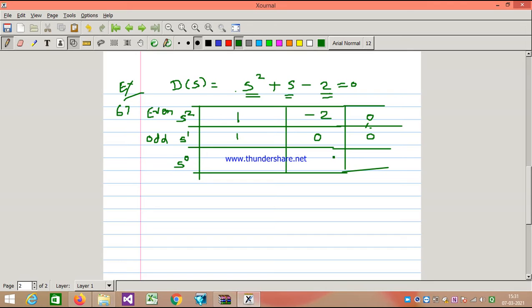Okay, now what is the calculation? The calculation is very simple. Just extend this one. We are making cross multiplication, right? So 1 into minus 2, that is minus 2, minus 1 into 0, that is 0, divided by this 1. The answer is minus 2 divided by 1, so the answer is minus 2. Just calculate this whole expression in the calculator, and you get minus 2, right.